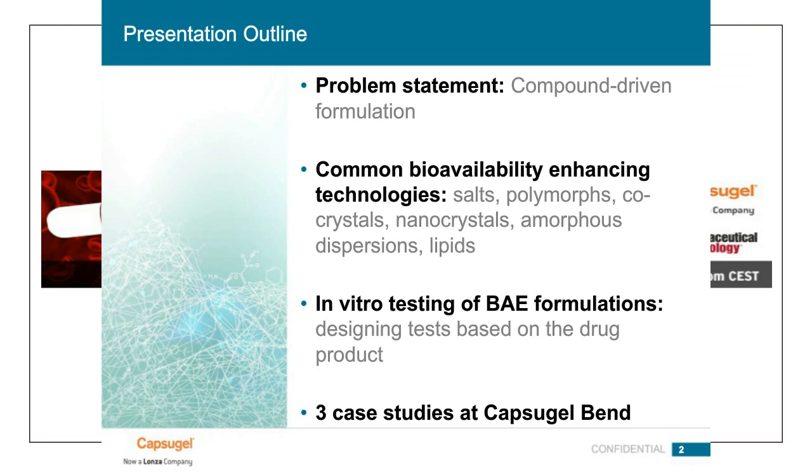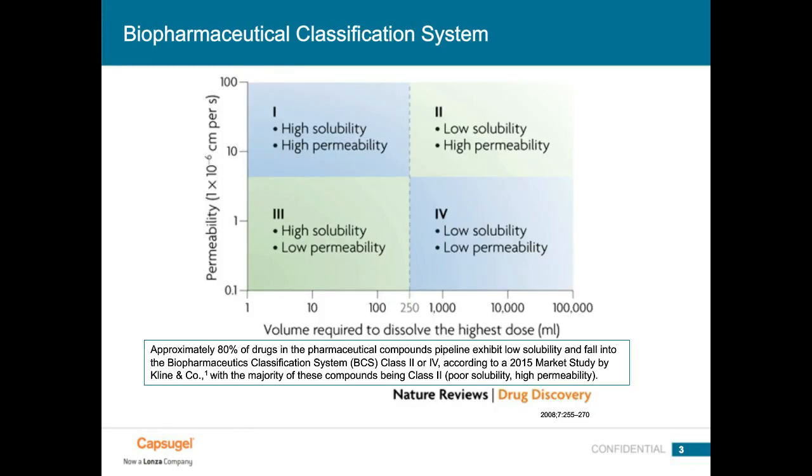So as many of you are aware, more than 80% of compounds now within the development pipeline are either BCS Class 2 or Class 4 compounds, meaning that their solubility is lower than would be required to dissolve in the intestinal fluid. And that means that there's a lot of room for development of formulations that increase solubility. There's another classification system called the Developability Classification System, or the DCS, and that divides the Class 2 compounds into Class 2A and Class 2B. Class 2A being dissolution rate limited and Class 2B being solubility limited.